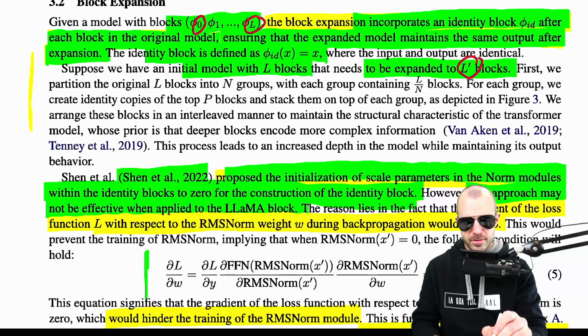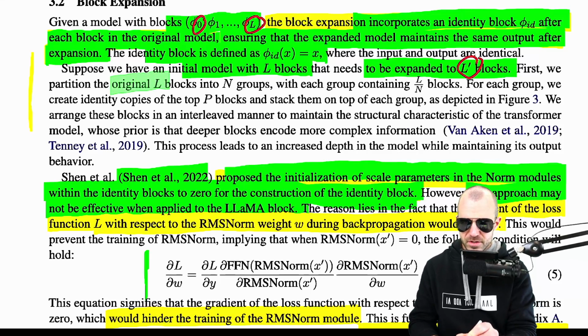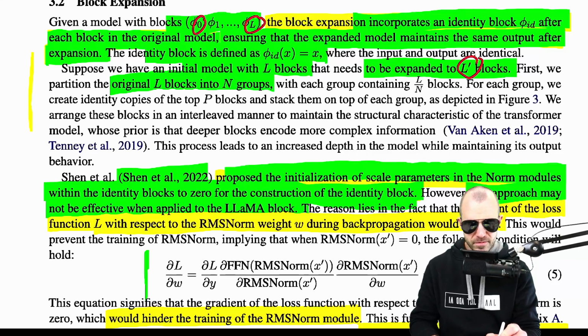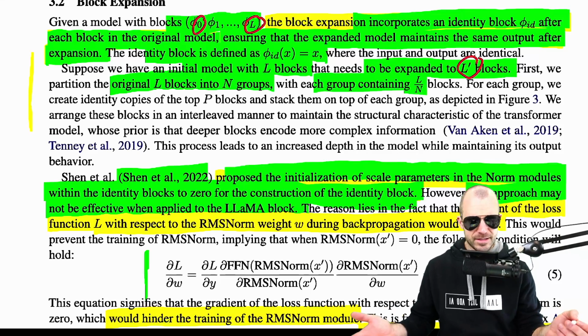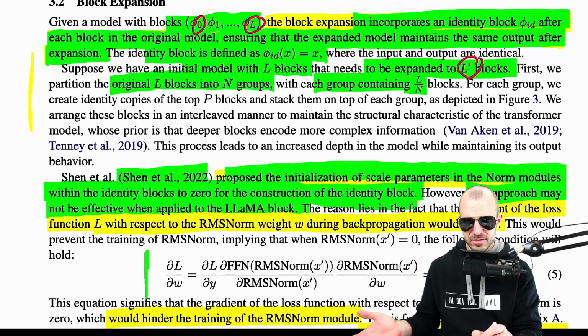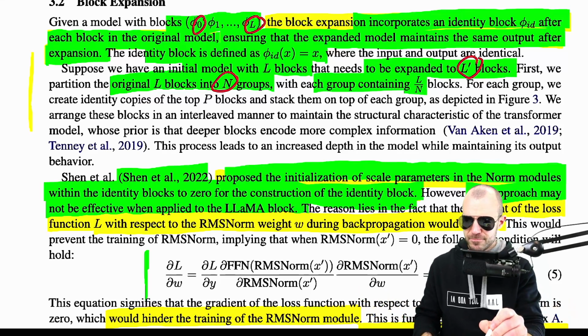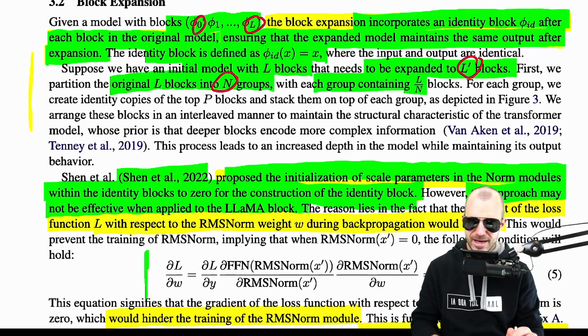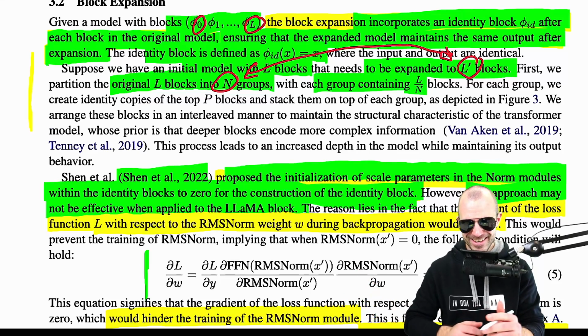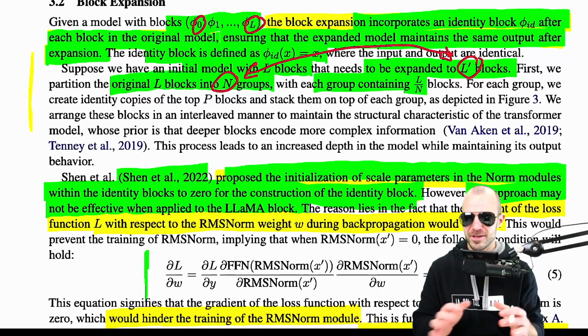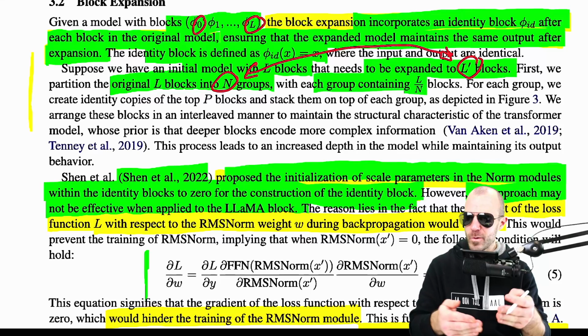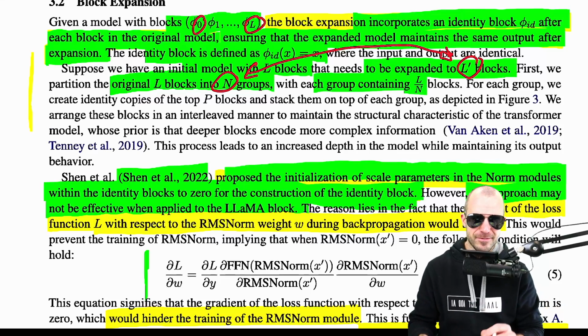Never. First, we partition the original L blocks into n groups, with each group containing L divided by n blocks. That is a fair division, right? However, how this n is chosen, who knows? Never defined, right? One would think that it has to do something with the target number of blocks, but this is just in this very rigorous definition of how many and where you should copy, that it's a minute detail